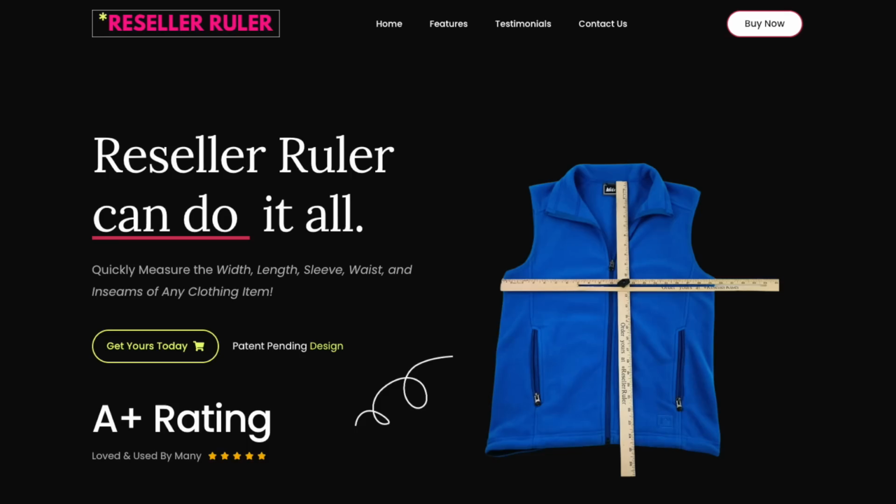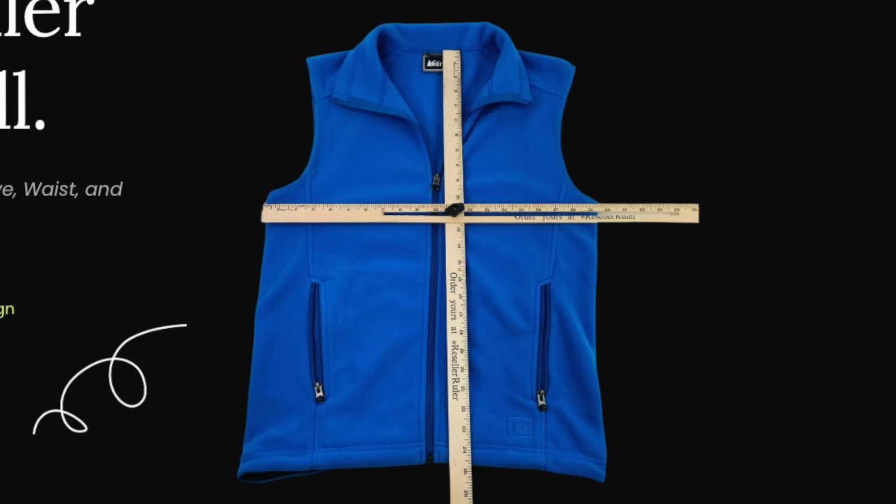And I have a very quick way of doing that. I use this tool. I think it's called the Reseller Ruler. I actually don't love it. It's not amazing, but it's okay. It's a tool that basically has two yardsticks connected together, so you can very quickly spin it around and get both the chest measurement and the measurement from the top of the neck down to the bottom for shirts, for example. So it makes that pretty quick, and I use it pretty often. So I just end up taking a picture with that Reseller Ruler laid over it,